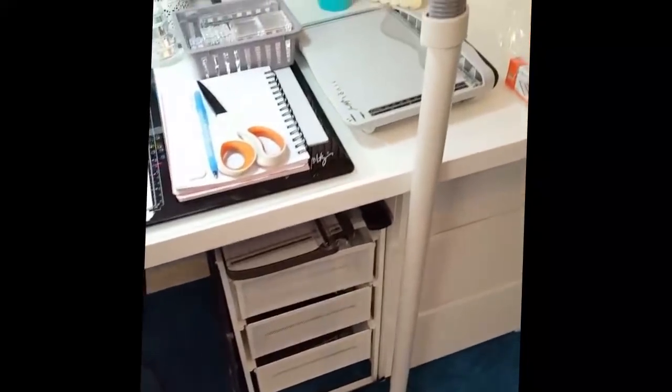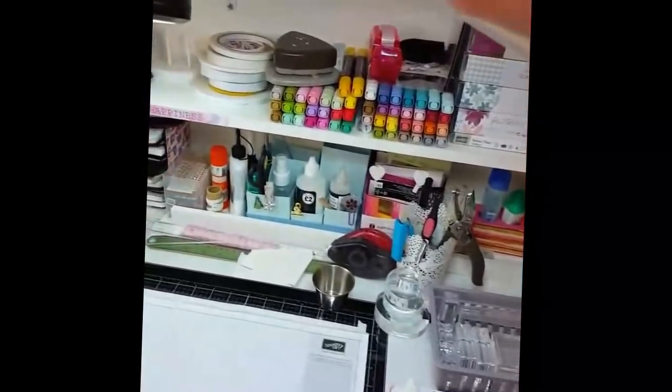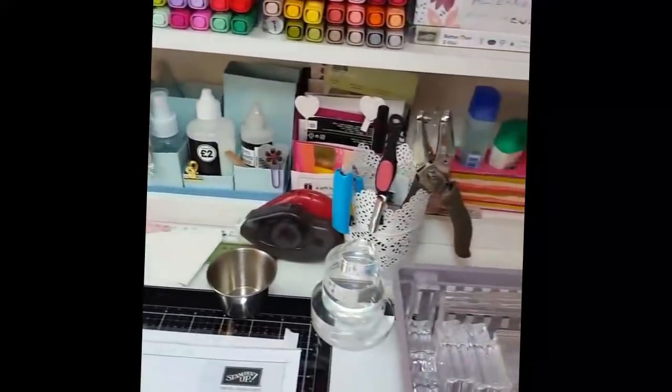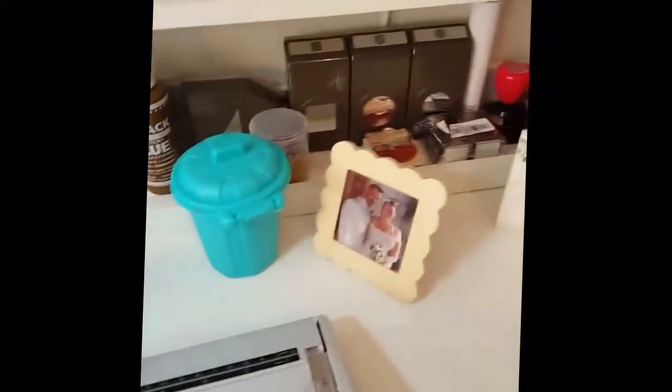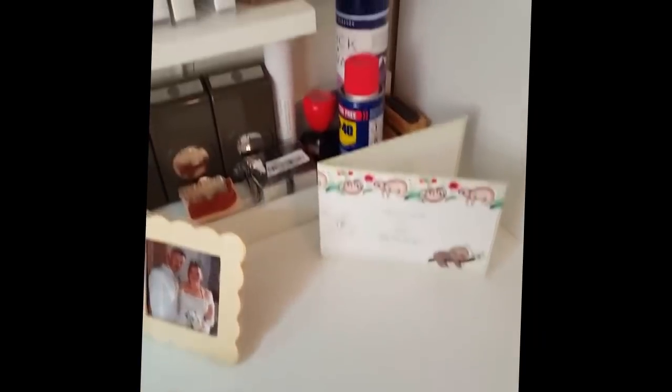This was sent to me by a gorgeous Fiona. I think it's absolutely brilliant, and it's switched on now. And then I've got my back shelf, which I had downstairs, but I just keep everything to hand. A few more punches there as well. So that stick away is holding up that stamp case because my shelf